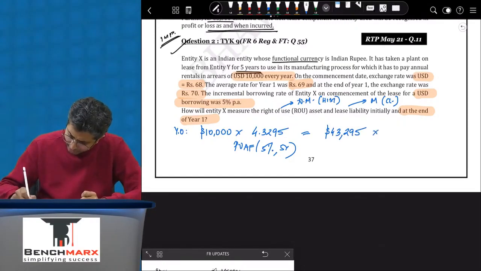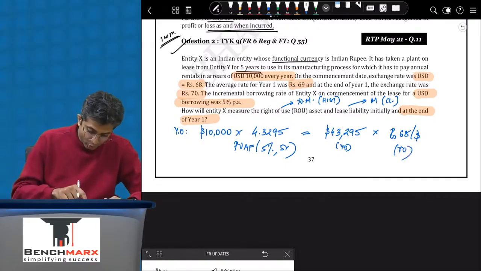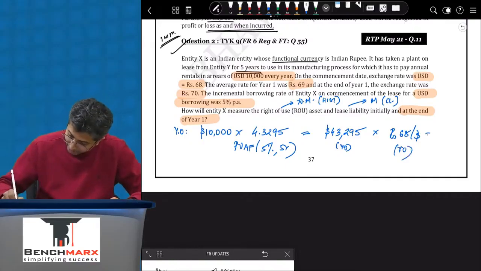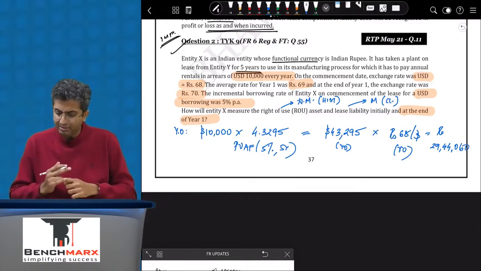If you were to convert this value at year 0, you will have to convert it at the exchange rate prevailing at year 0. This is 68 per dollar. So 43,295 into 68 will come to, let us say, rupees 29 lakh 44,060. Sir, that's it. The question asks you to find lease liability and ROU asset